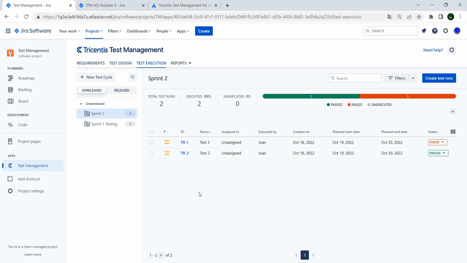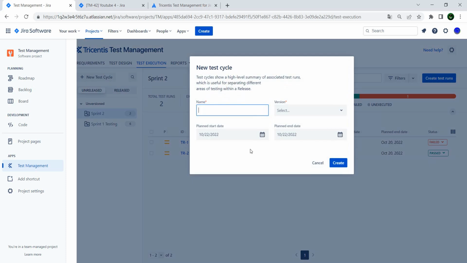So how is this handled with Tricentis Test Management? Well, it's actually pretty neat. You create so-called test cycles. This test cycle can be, as I did here in the example, a sprint, but it doesn't really have to be a sprint. It can just be, I don't know, a YouTube session,